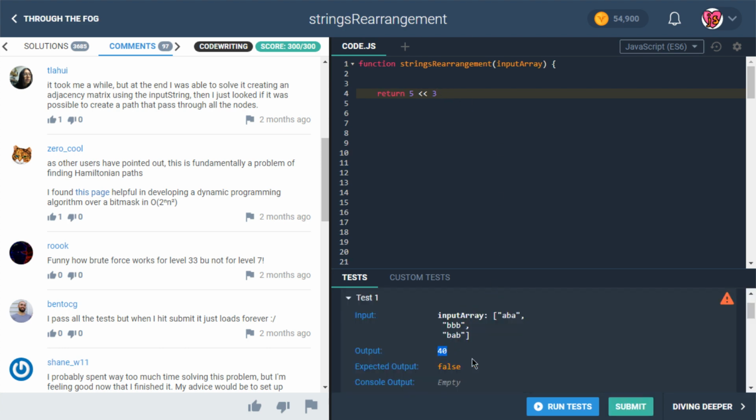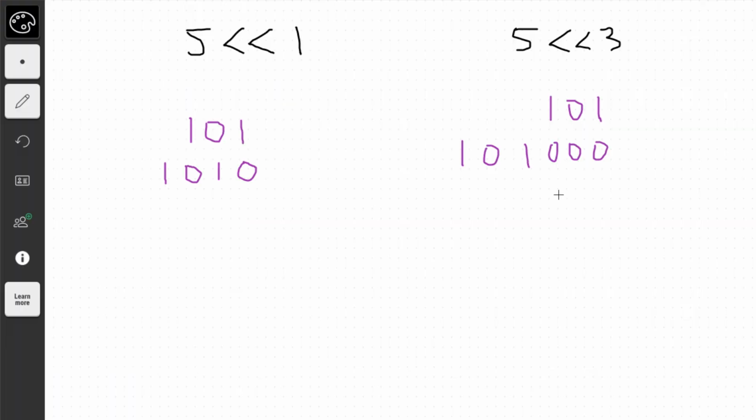Okay, there we go. So it's kind of like we take the 5 and we're doubling it to get 10, then doubling it again to get 20, then doubling it again to get 40. We've shifted it 3 times. Now we can also shift it to the right. That's also possible. So if we wanted to shift this right 1, then basically we would have,